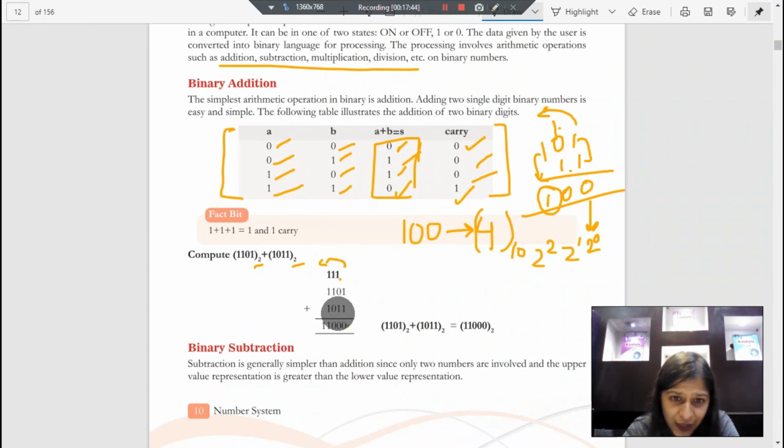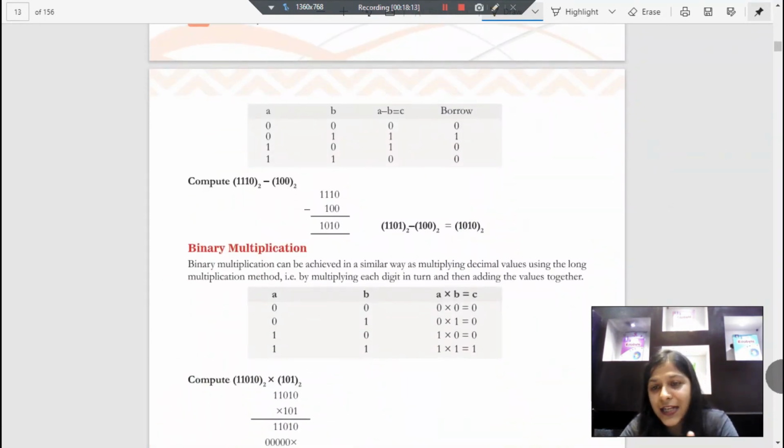Now we have 1 and 0, again it will be 1, but 1 and 1 will be carry forward, so we present 0 here. Now we will write 1 here, so 1 and 1 will be 0, 0 and 1 will be 1, but there will be a carry forward which we will simply write here. So 1101 plus 1011 will mean 11000. You can see there's an expansion of digits here, which is because we had to carry something.